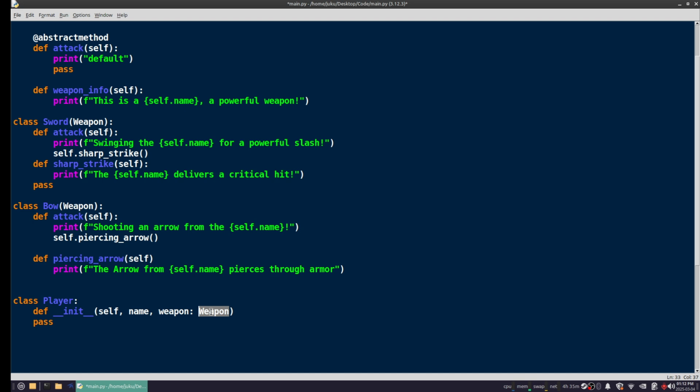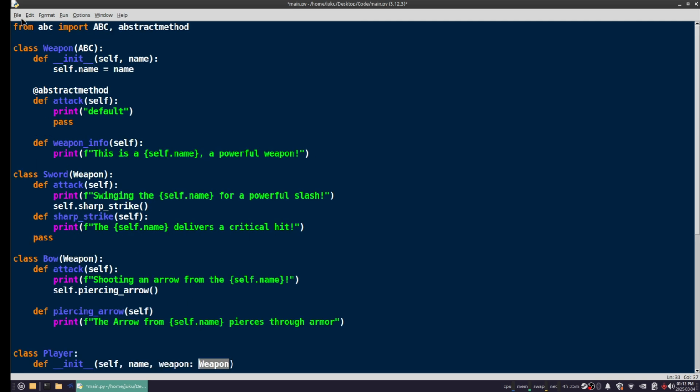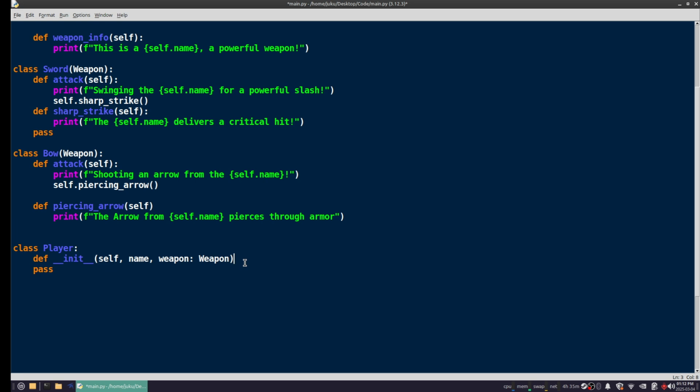And again, this isn't enforced. This is referring to the class that you're expecting to pass into this, which is referring to that. And then self.name equals name, and then self.weapon equals weapon. And now we'll have def attack